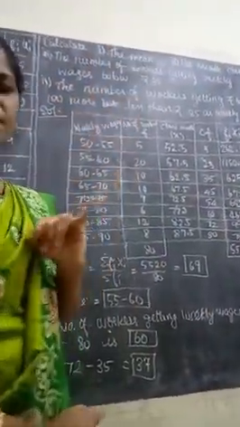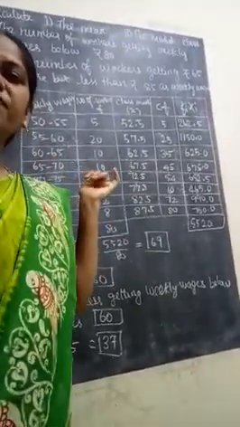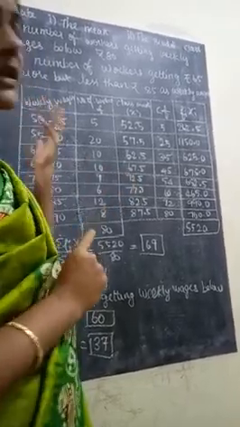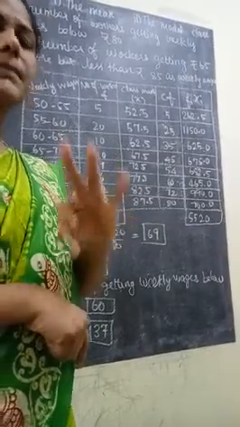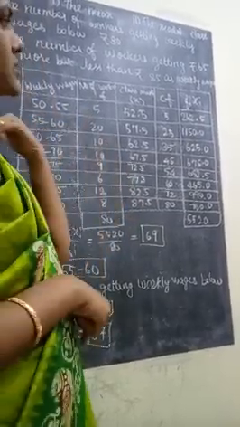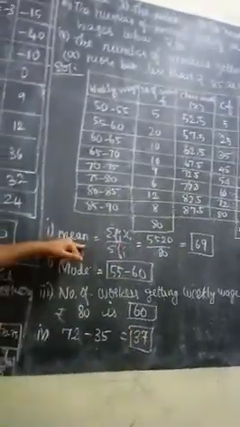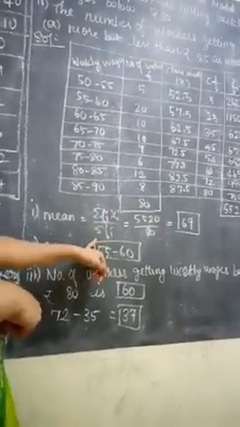So listen. Here first step we need to find mean. In the previous question they asked to find step deviation, so you were using only that method. But here they won't mention anything. So for finding mean we have 3 types. Using the 3 types you can use any one type here. Here I took direct method. What's the formula for direct method? Sigma fi xi divided by sigma fi.